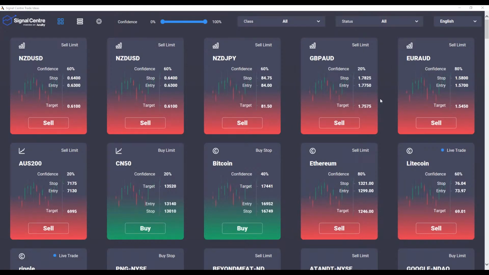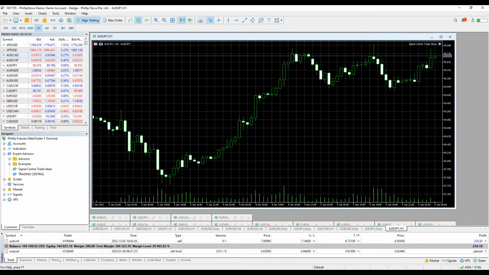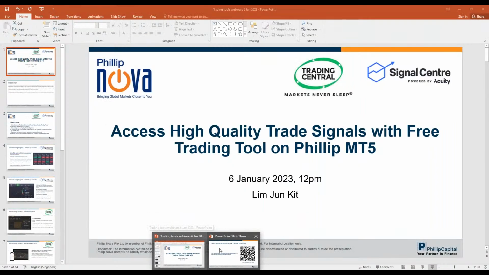Okay, I think that is all for this first trading tool. I hope I've explained it clearly and you're able to familiarize yourself with this, and we encourage you to, on your own time, download this and place a few trades. Okay, that was the